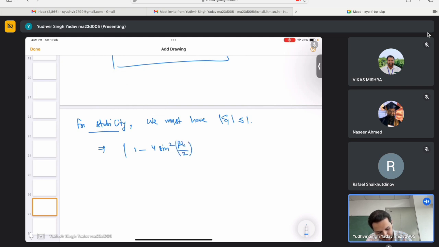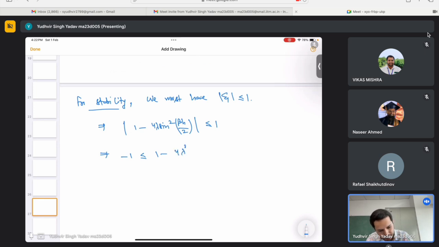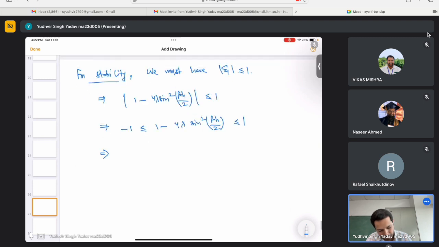1 minus 4 times sine square beta h by 2 less than 1. From the modulus we can say that this term xi is between minus 1 and plus 1. So it is 4 lambda sine square beta h by 2 less than 1. So subtracting 2 from both sides, we will be left with,